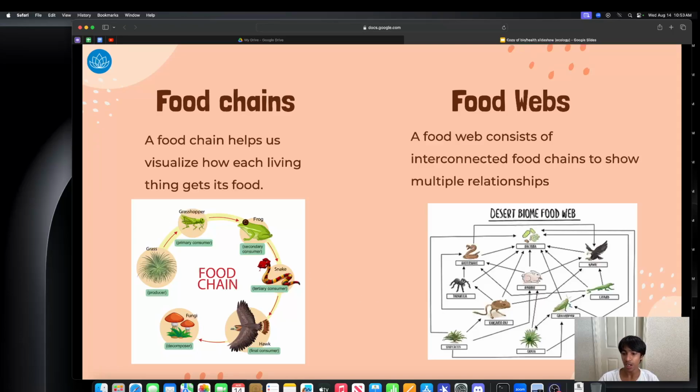But in this one, the grass goes to the grasshopper and the rabbit, and then the rabbit will go to the bacteria, but then the kangaroo rat will go to the tarantula and the lizard and the bacteria. So it's not just one thing having only one predator, but it's showing the relation of every single interconnected species in that relationship in the desert biome, right? So you can see how different this is. It's like a family tree versus just who is your mom or dad.